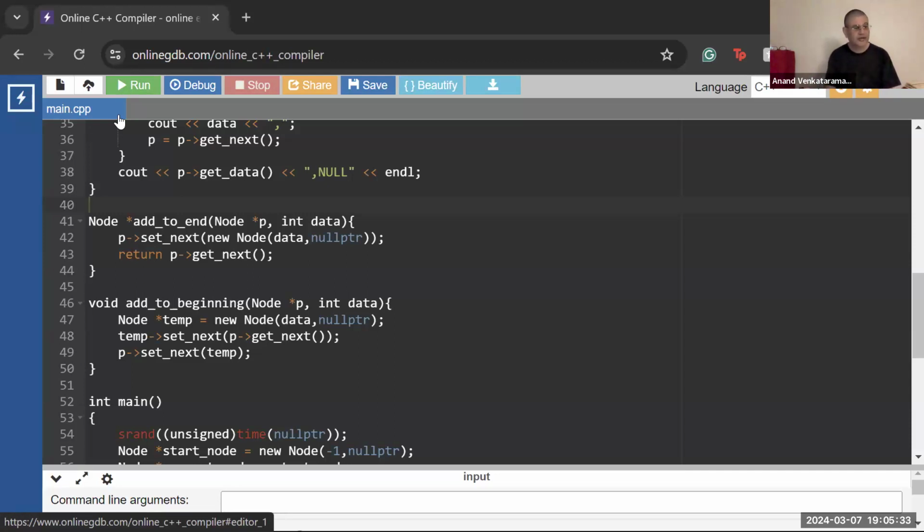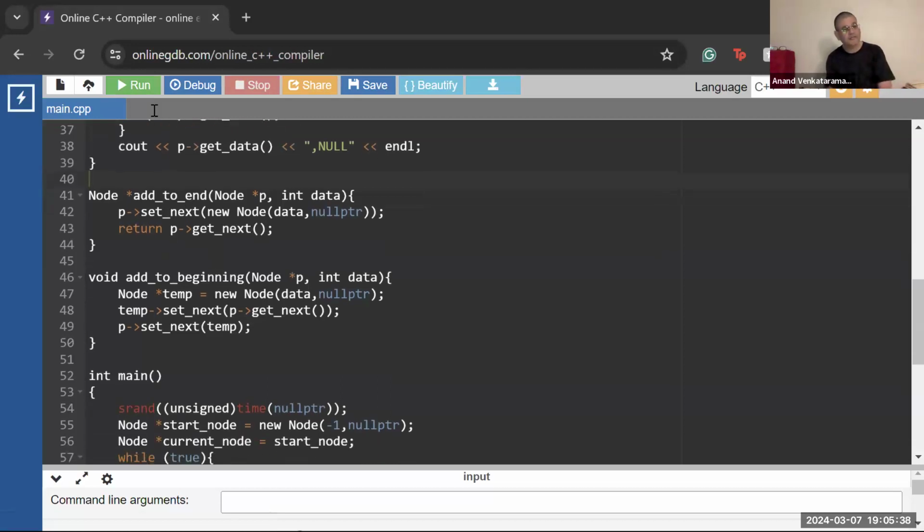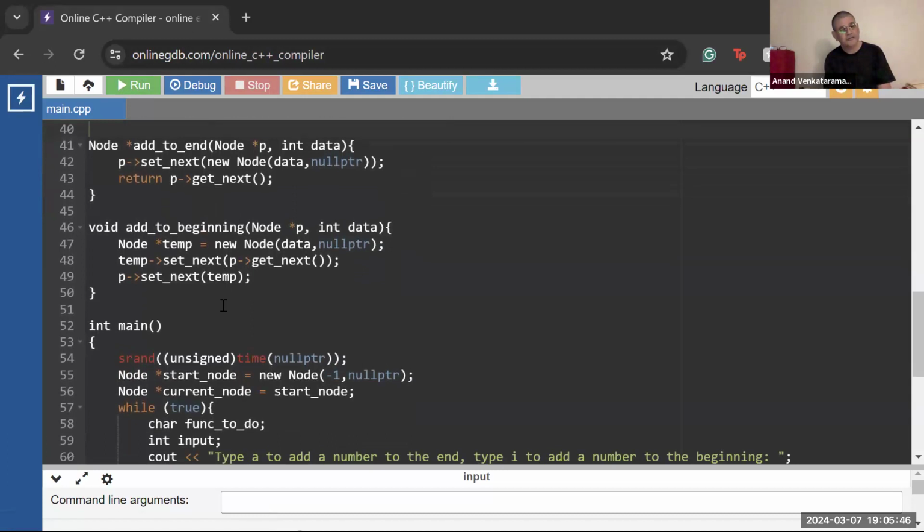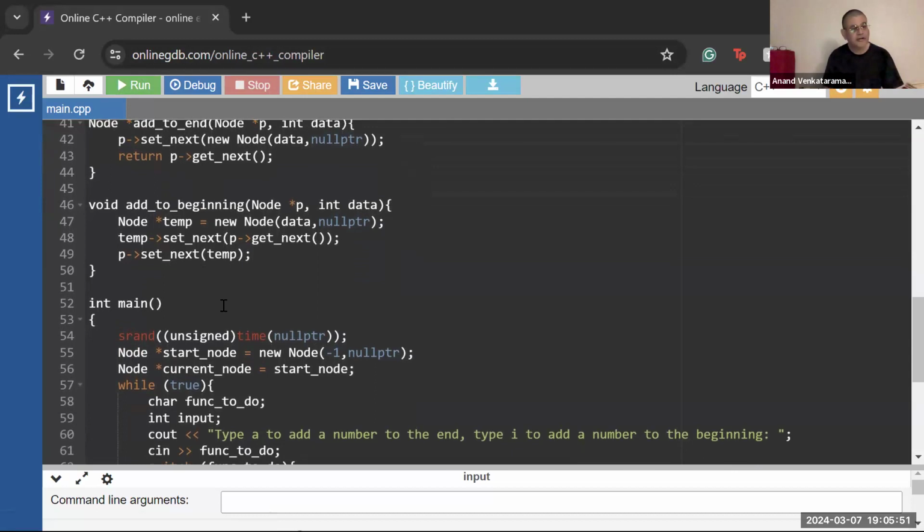All right. Okay. So it basically is add to the end of this node. We don't have to refactor it. If you want to refactor it now, that's fine. Go for it. And add to beginning is going to do this. It is going to create a new node, and then,